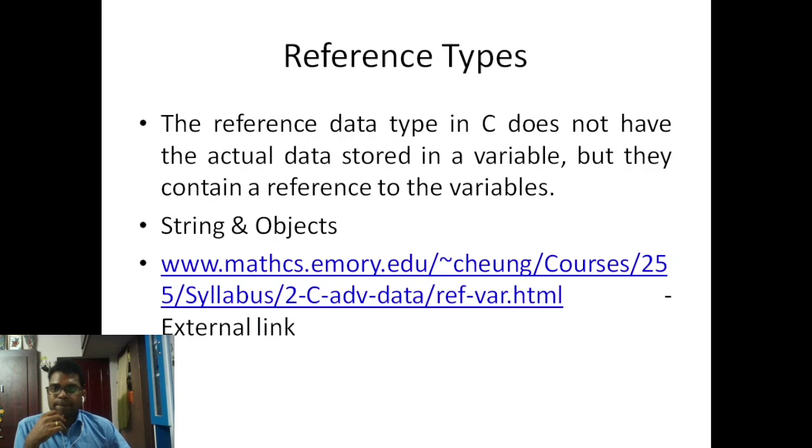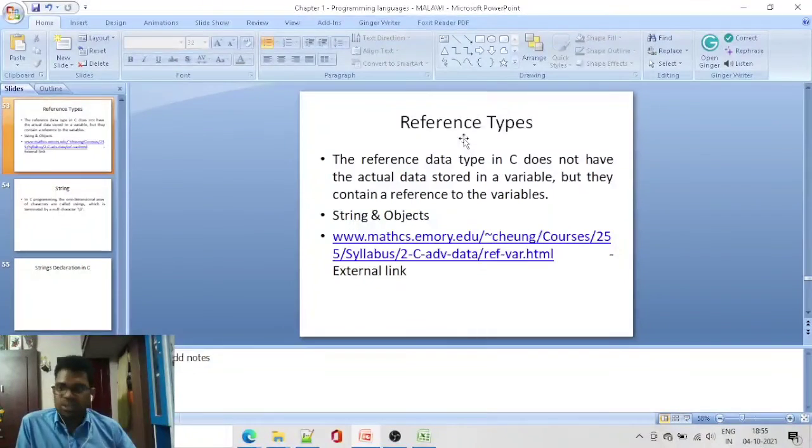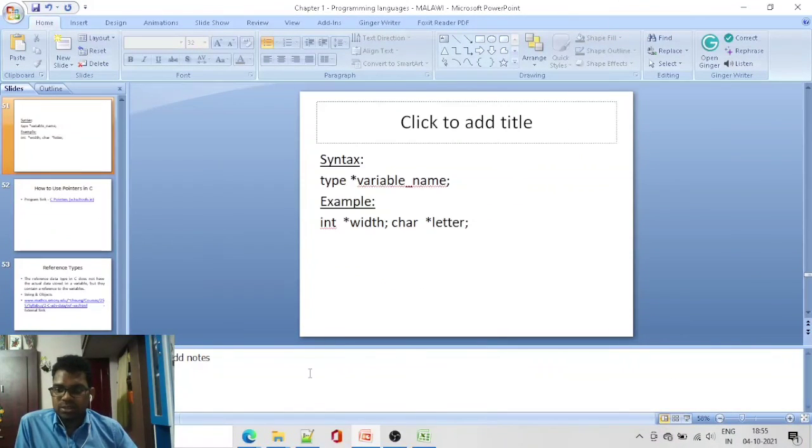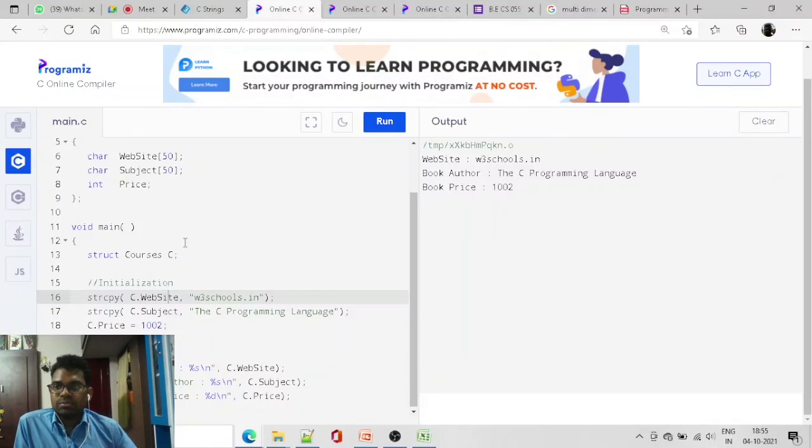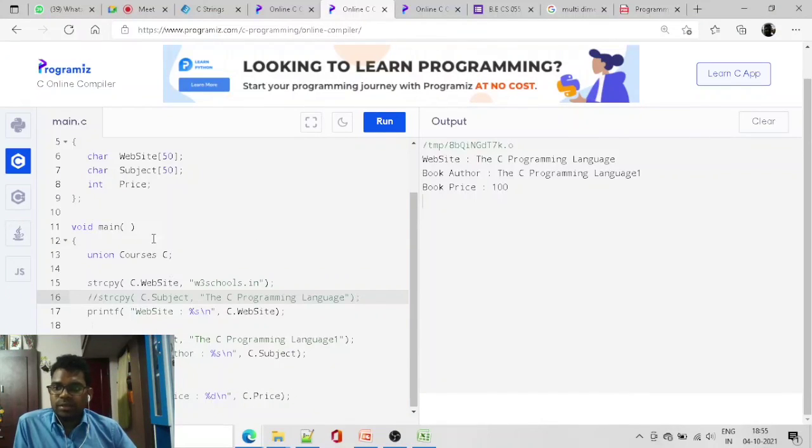So the next one is objects. Here you can look into this one. Even in the structure we have objects. This is called an object, and for a union, this is also called an object. This object can call the members of the structure or union.